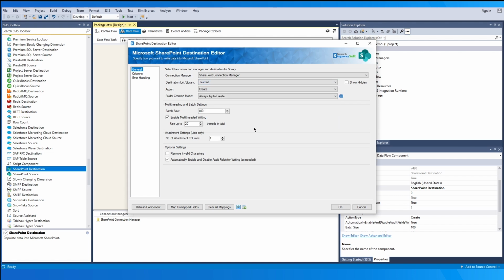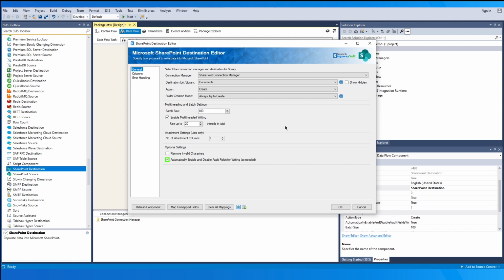If you wish to upload attachments to the SharePoint list items that you create, you can specify the maximum number of attachments per list item to create. Note that this option is available only for lists. SSIS input columns will be created based on the number specified here. The Remove Invalid Characters option, when enabled, will remove any invalid characters from the input, which can avoid an XML exception when the components try to construct the SOAP request to be sent to SharePoint. Those invalid characters are usually not accepted by SharePoint even when posted.